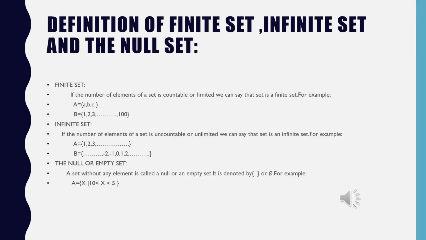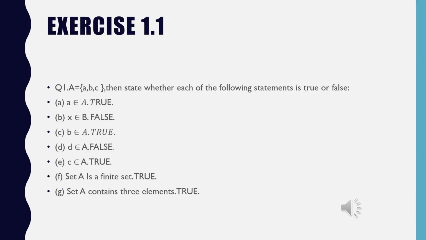Now next we will start with exercise 1.1. Write all the questions very clearly in your fair arithmetic copy. Write down the index first, and then inside the first page of the copy make the exercise 1.1. Write down the main heading, set theory, chapter 1, and as side heading write down question 1 and write its parts. We will solve it in the next page. Thank you. Assalamu alaikum students.